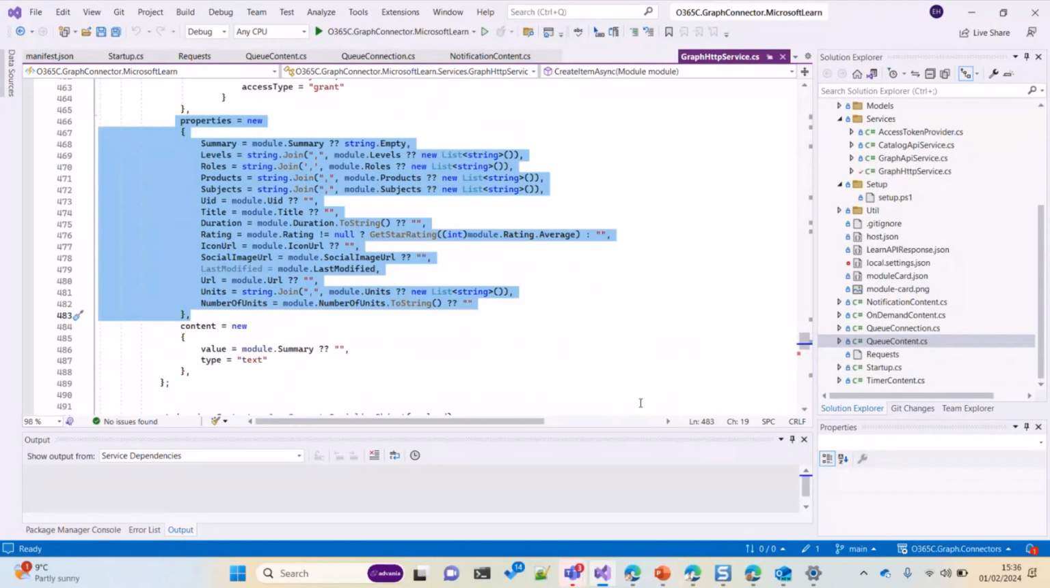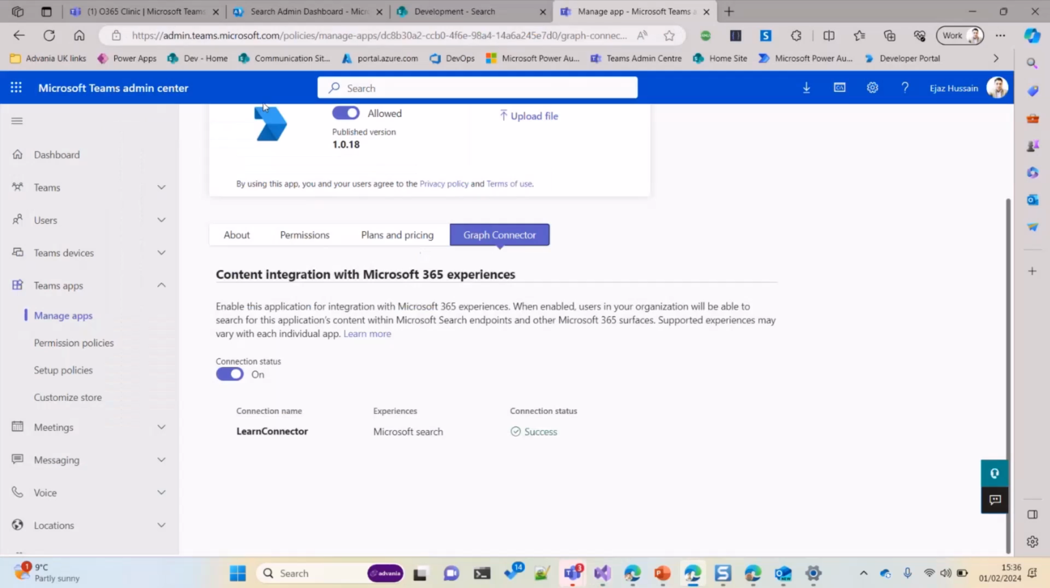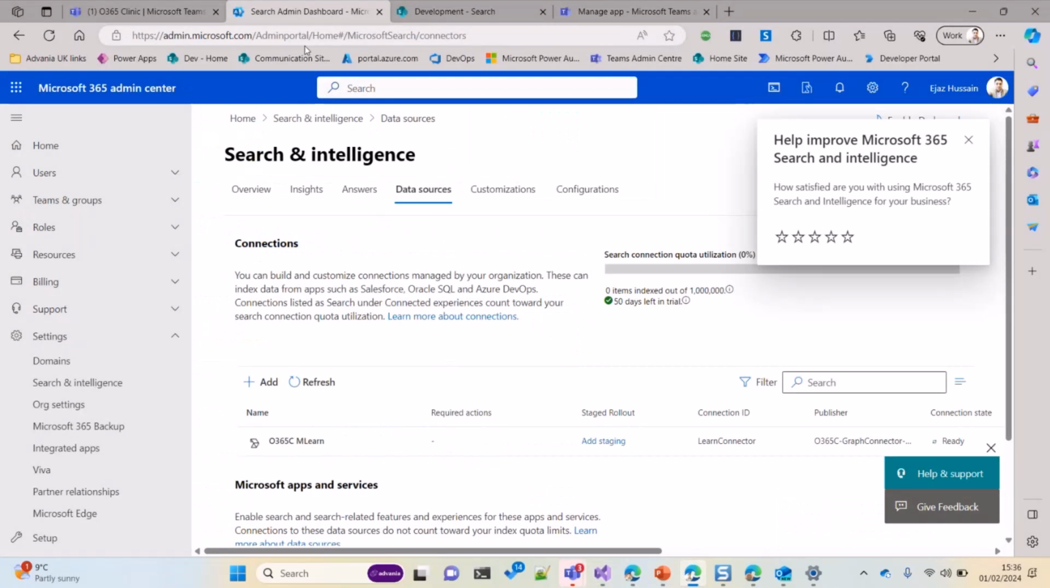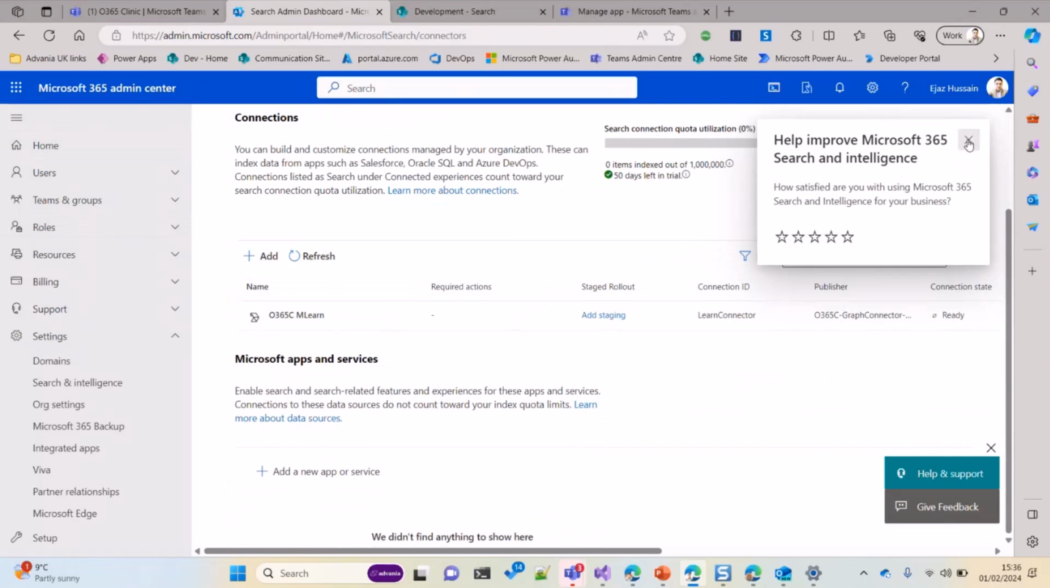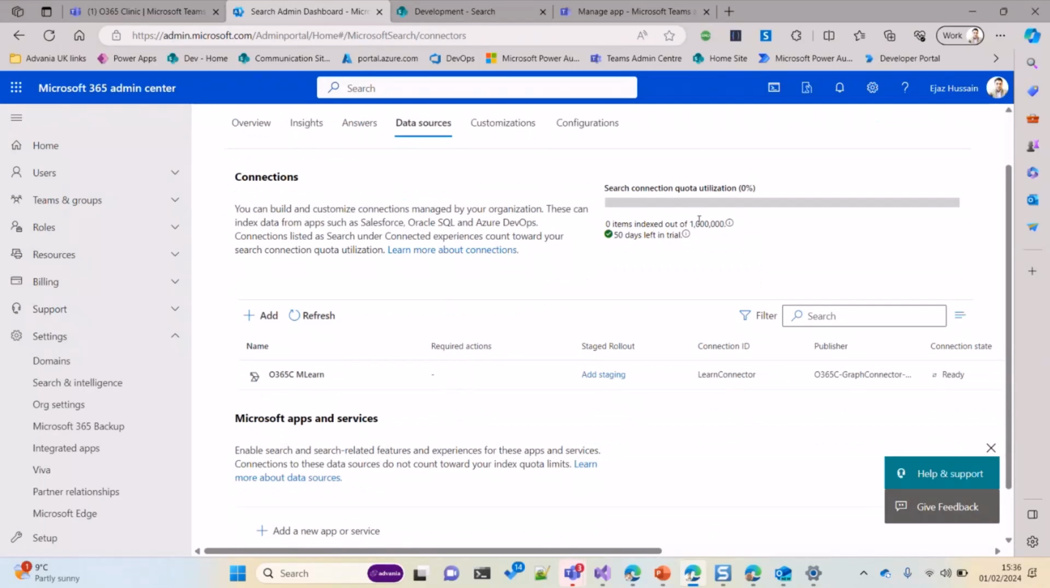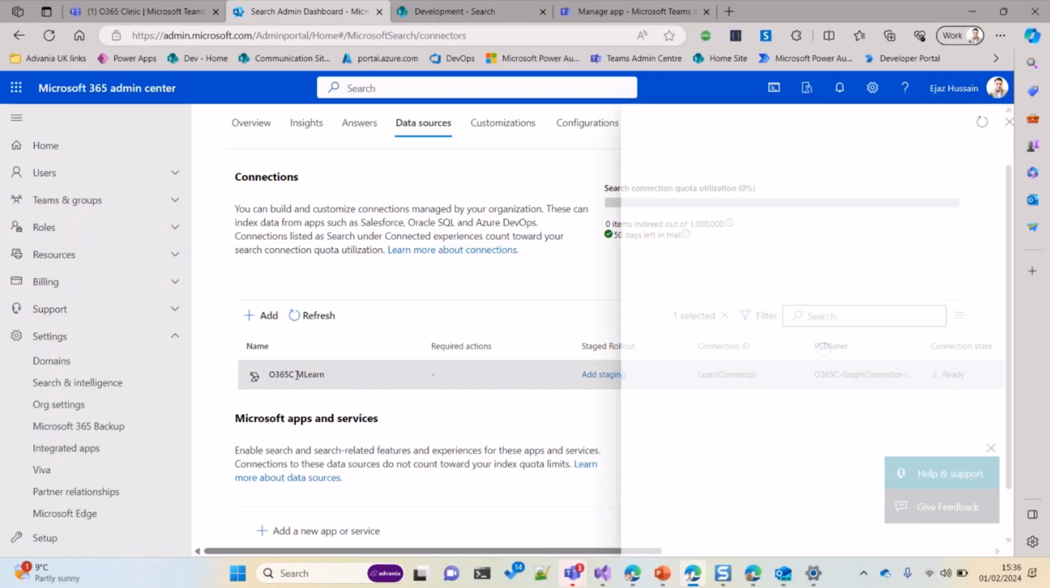So when we create this, what happened? I just want to show you what happened behind the scenes. If I go to the Search and Intelligence page in the Microsoft 365 Admin Center, you can see here the connection name. Once everything is set up, you can see some sort of quota, depending on how much quota you have used. If I click on this one,